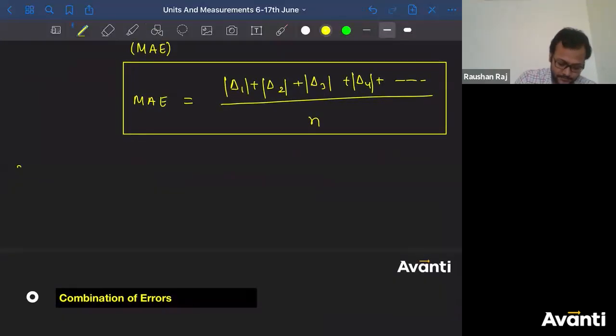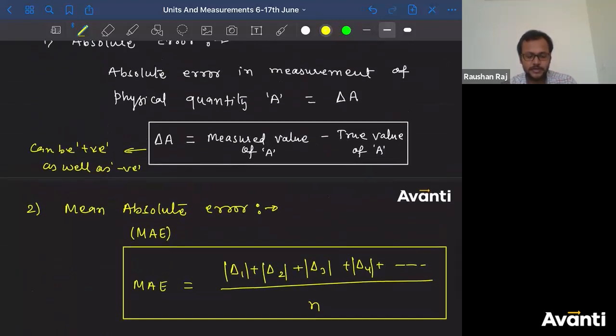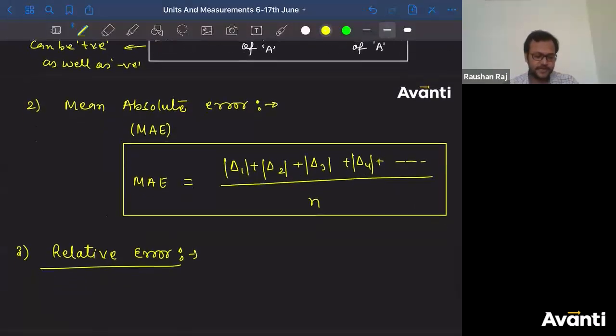Now we'll talk about relative error. Tell me what is relative error? Tell me बच्चा लोग, what is relative error? As the name suggests, relative मतलब क्या, किसी से relate करके, relative to something, right? But why do we need to study relative error? We studied absolute error, mean absolute error. They were doing fine, कोई problem नहीं था. Why do we need to express error in terms of relative error?